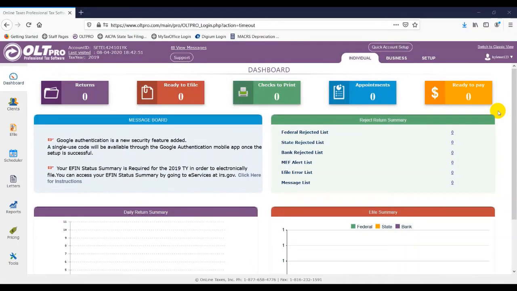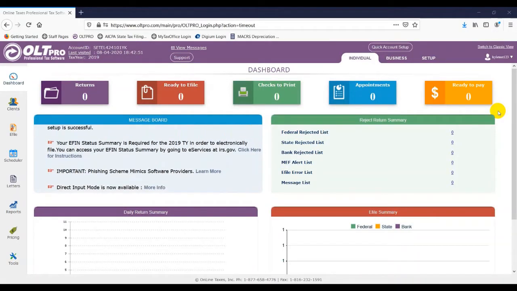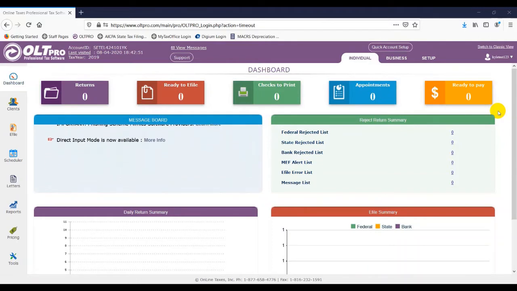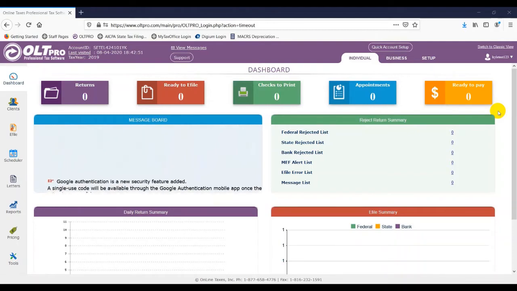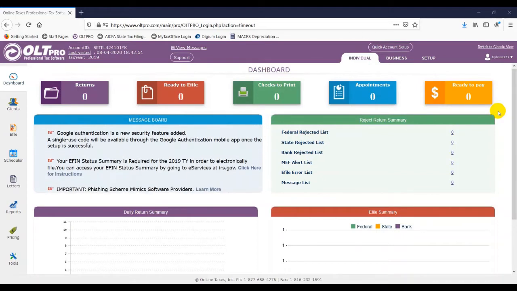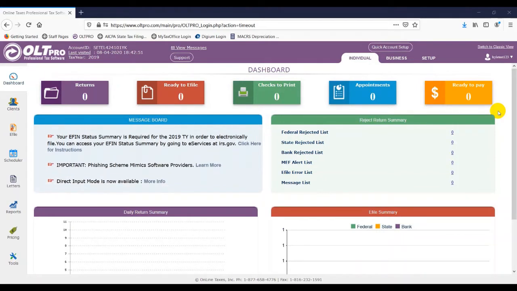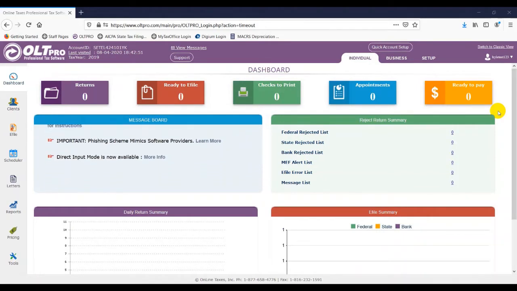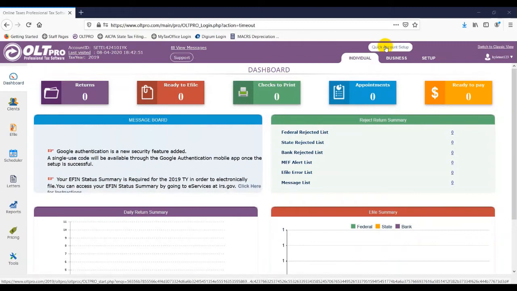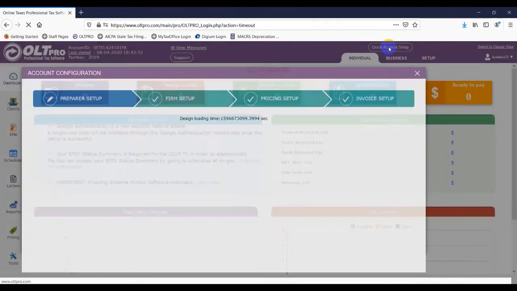Hello. Today we're going to go over adding a new user to your account. So first thing you want to do is log into your software where you're looking at the dashboard here. Now you're going to have two locations where you can add this new user. If you remember back in our other video where we set up the administrator account information, it was under this quick account setup. You can also add additional users through this method just by clicking on this button here, and